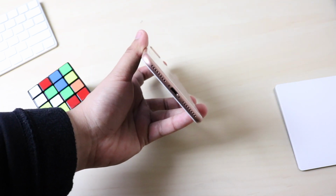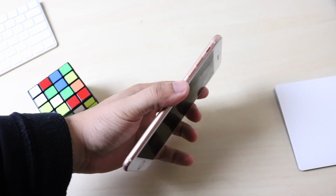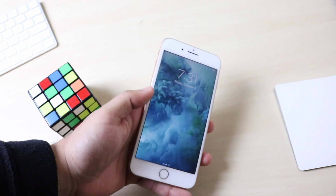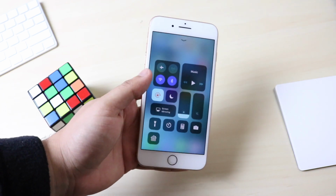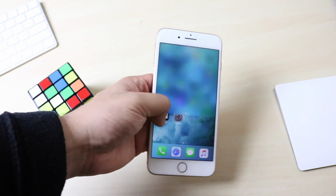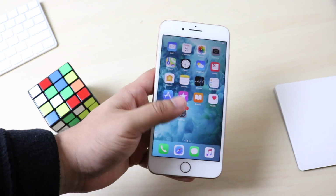Now, looking on the outside, obviously it does have a bit of an outdated look. It looks a little bit old, I'm not going to lie. A lot of bezel, a lot of unnecessary space taken up on the screen. But I'll be honest, a lot of people might like this type of design, and I personally kind of like it too. The only thing is with the back, I honestly, even with the iPhone XS and XS Max